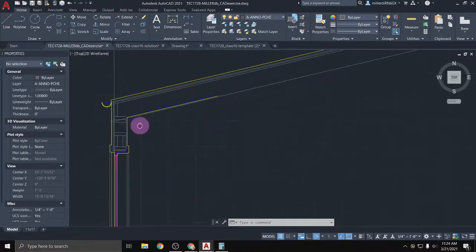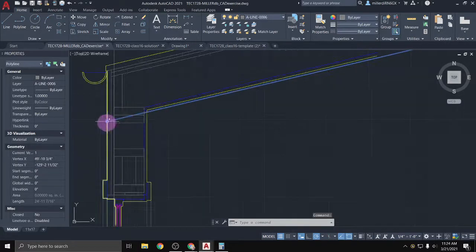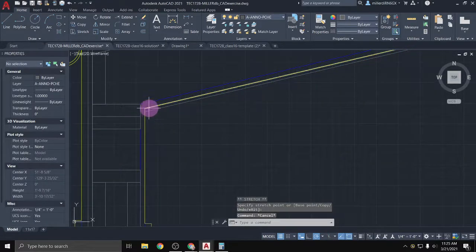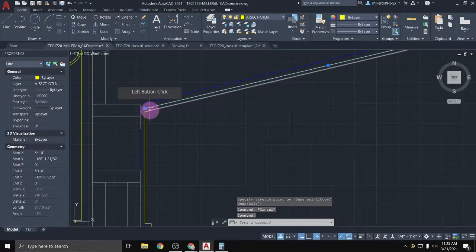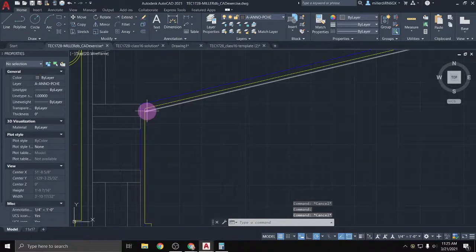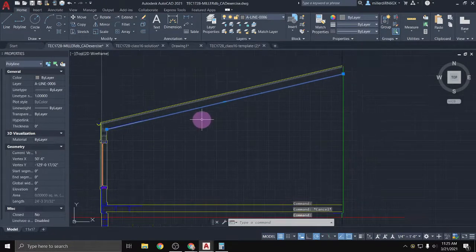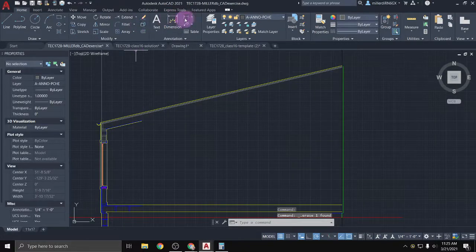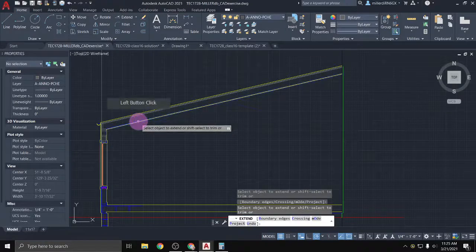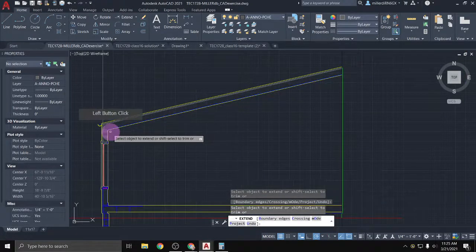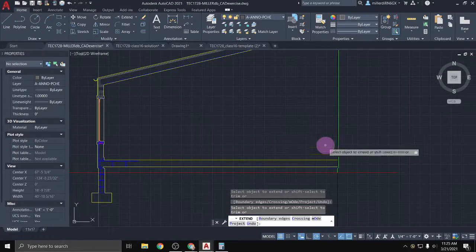I'm not going to bother erasing it though, just because, kind of just laziness, if I'm honest. I actually want... or what is this one from? Not sure. EX to extend it so I can get a lot of my line work ready to go for over here